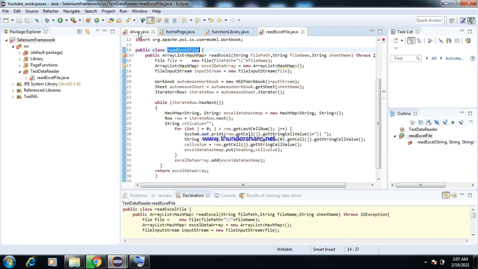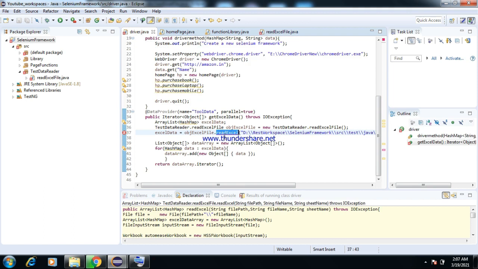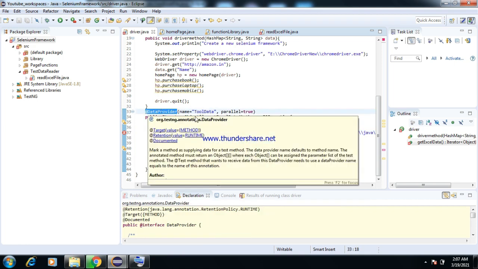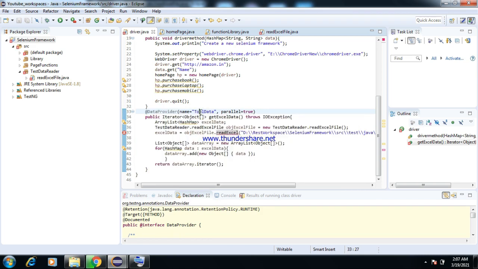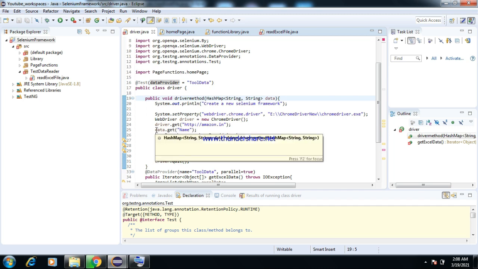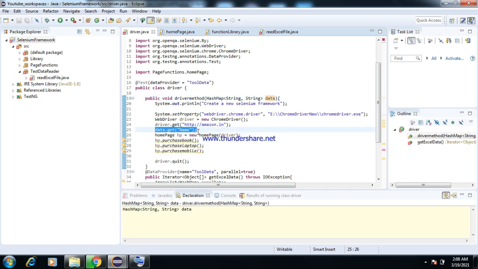So from here the value is going to come here, and from here, as previously explained through this particular annotation with the name as tool data as reference, the values are being passed here. So from here, likewise data.name, by using this code data.getName, we are taking the values from the Excel to the code here.